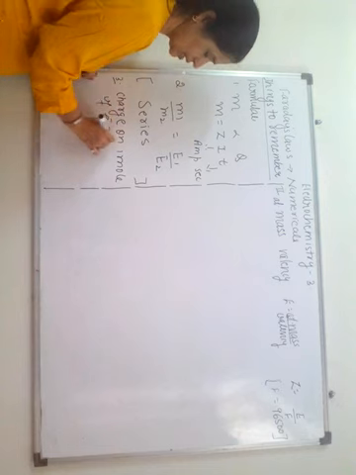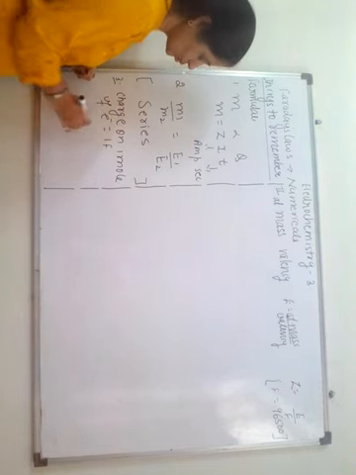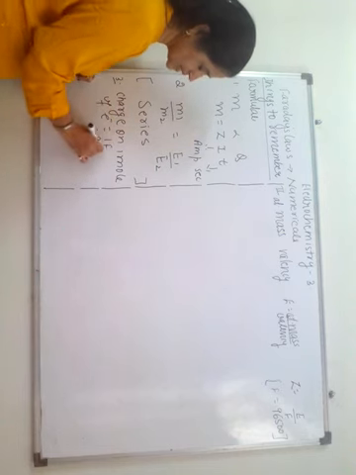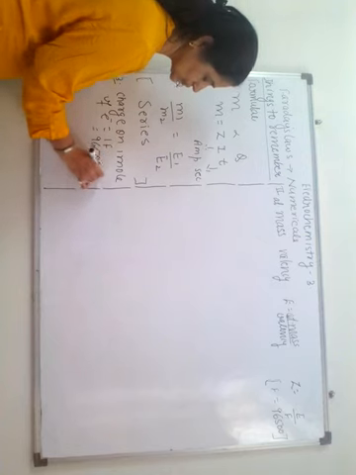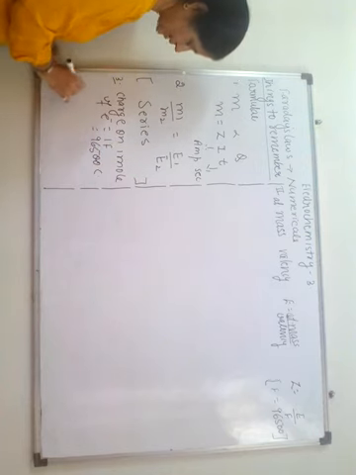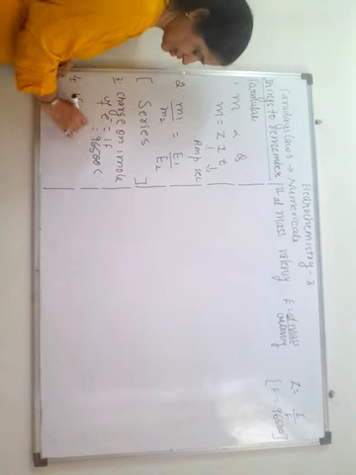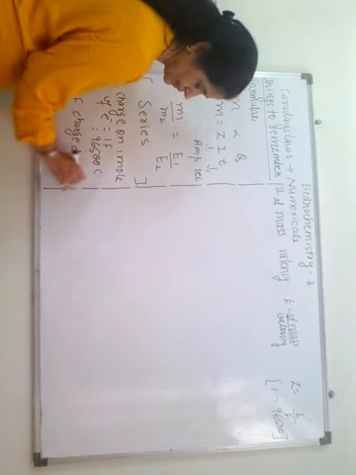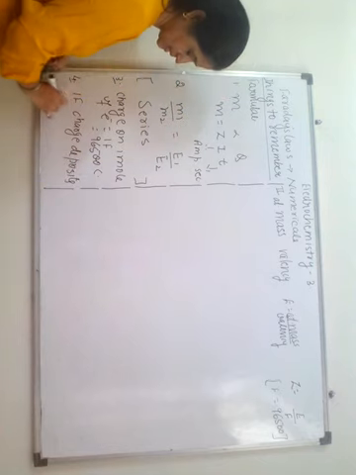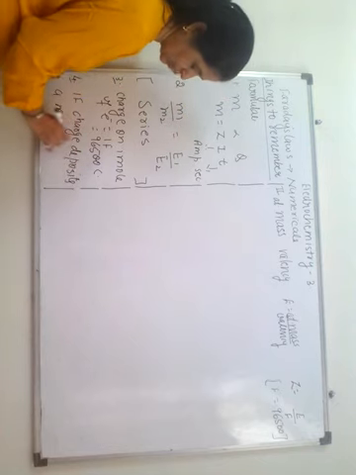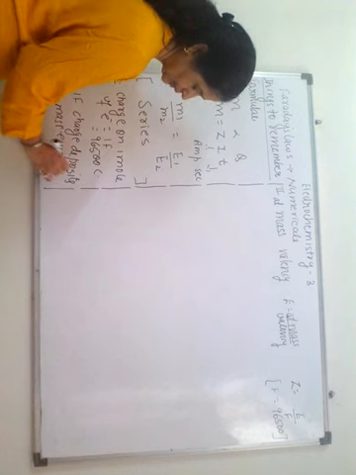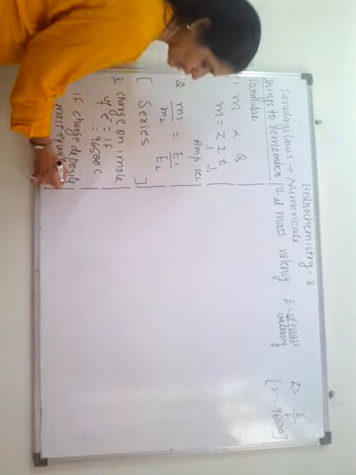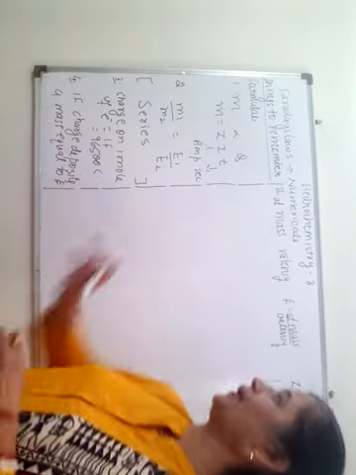And the third thing that you need to remember is that the charge on 1 mole of electrons is 1 Faraday, which is equal to 96500 coulombs, and 1 Faraday charge deposits a mass equal to E, that is the equivalent mass of that substance. So these are the basic things that we need to remember.